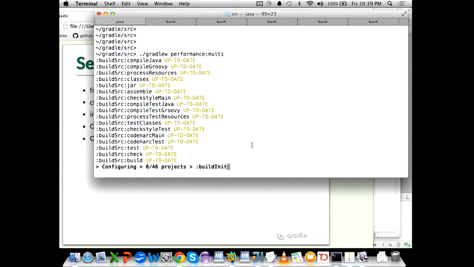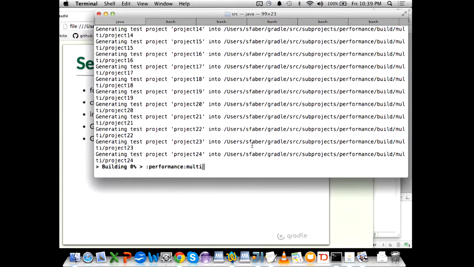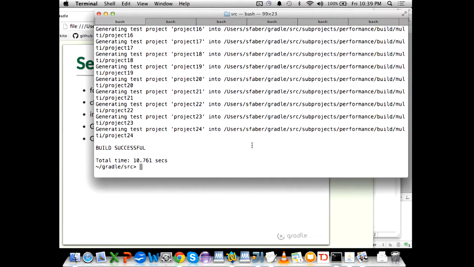So our performance sub-project contains some useful utilities to generate projects. And this project is going to have 25 sub-projects. And I'm going to be using them to demonstrate to you the problem we want to solve and the feature we want to do. And I guess it would be nice to have another session to continue. Okay, so once this is generated,